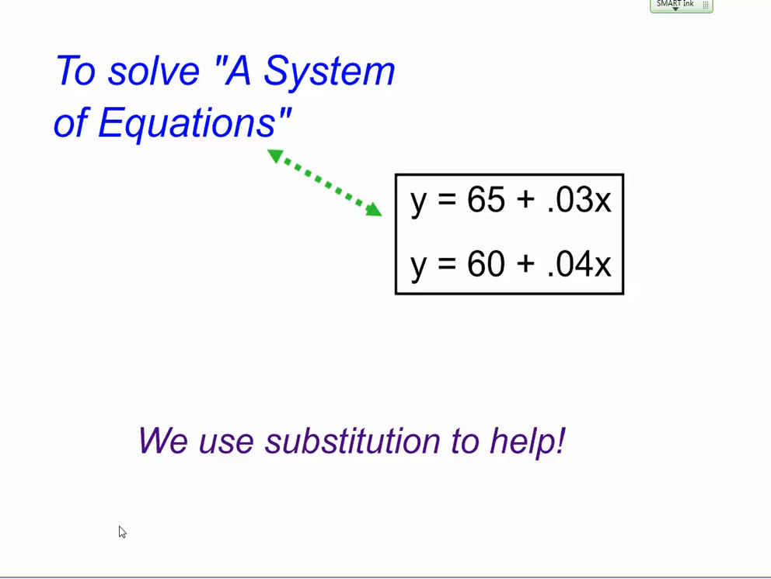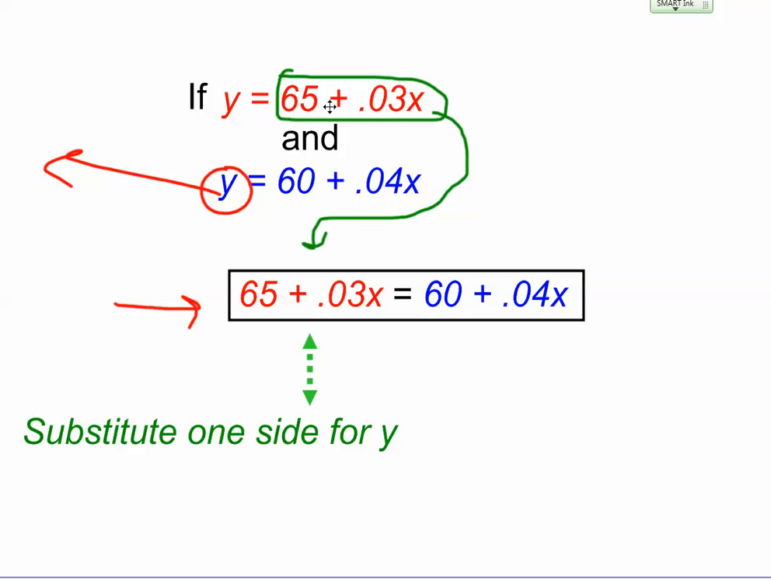So we use substitution to help. So what we substitute is this. If y equals this, and y equals this, I'm going to take this y here out. So this matches this equation. I'm going to take y out, and I'm going to substitute what y is equal to here. So if y equals 65 plus 0.03x and y equals 60 plus 0.04x, then 65 plus 0.03x is equal to 60 plus 0.04x. So we just literally substitute this in for y,